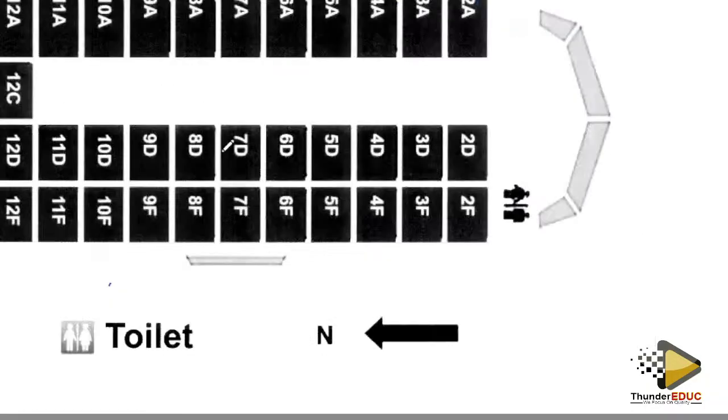So let's go to the next chart. This is our next chart. This is the compass that we have. When you look at the compass, it shows that this side here is the north. Definitely, the east has to be up there. If this is the north, then the east is that side, then this is the west. So the east is on top here. So we need to count the seats. We say 1, 2, 3, 4, 5, and 6. We are looking for the 6th place. So our answer there becomes